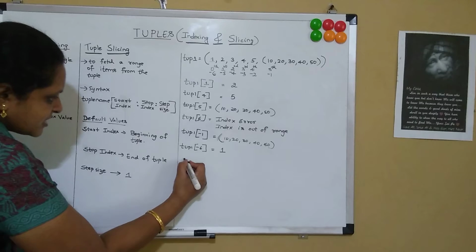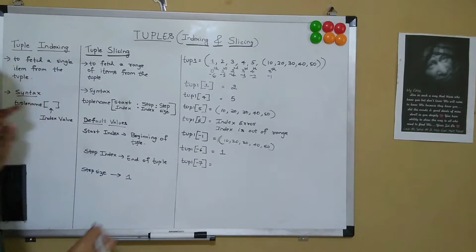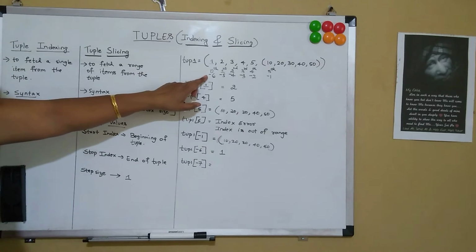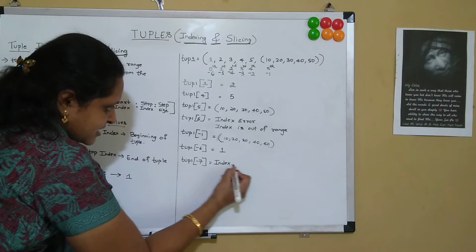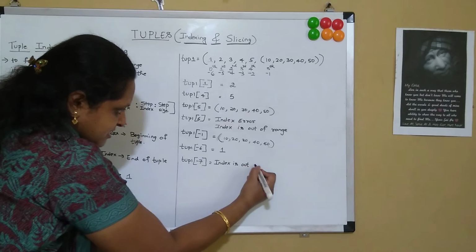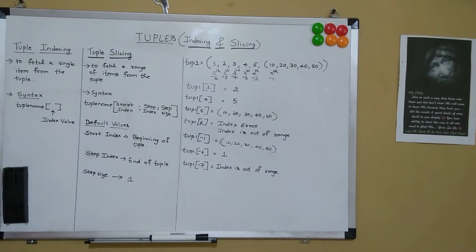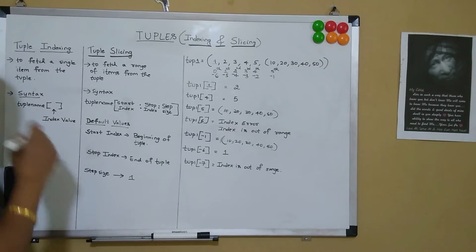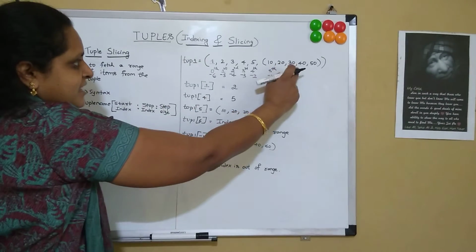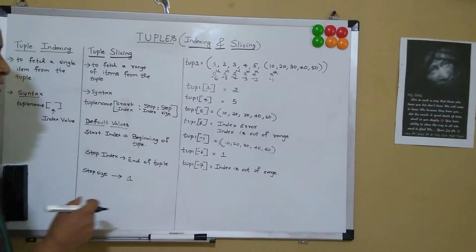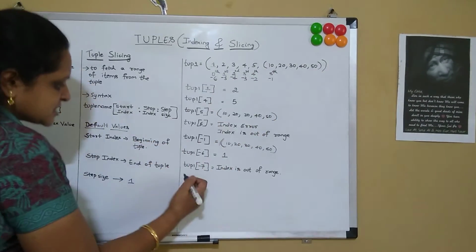And again in the negative index, if we say tuple1 of minus 7, the negative index minus 7 is not there. It is stopping at minus 6. So again it gives an index error specifying index is out of range. And now for nested tuples. If we have nested tuples, we can access the individual items within the nested tuple with the help of nested indexes. So my nested tuple is located at the 5th position.